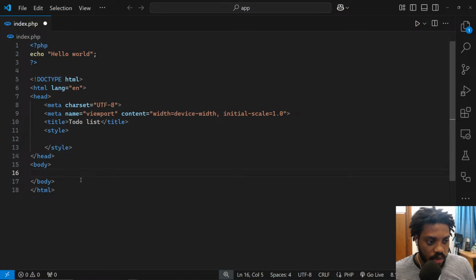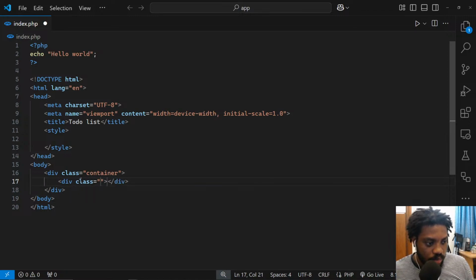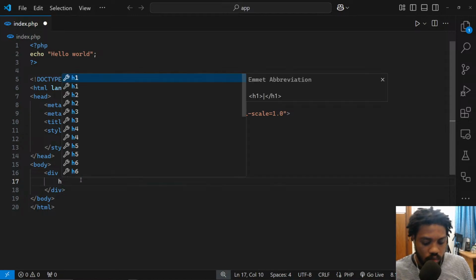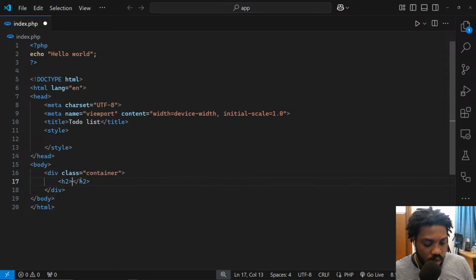So what do we do? Well, I would first of all, okay, let's call this a container, right? Container, which is where everything else will exist. Okay, I'll put an h2 here. H2. I'll say